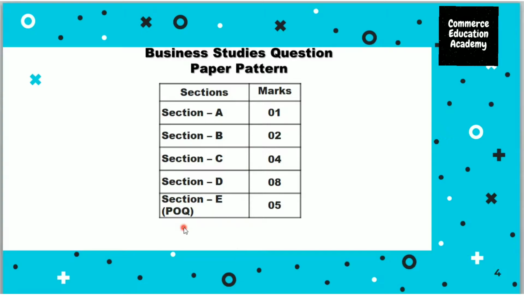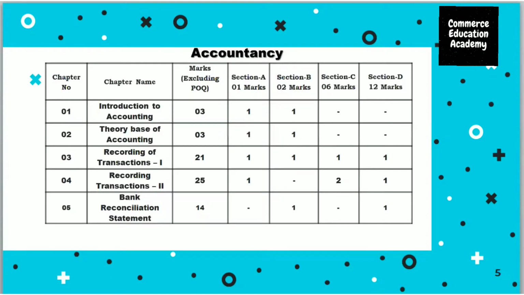Okay, now after understanding the question paper pattern, let's understand the blueprint of the individual subject. Here you can see there's a table. Let me explain the table first. In accountancy, you have 13 modules in total. In this column, I'm mentioning the chapter number. This is your chapter names. And this is the marks allotment for each chapter. And these are the sections: Section A, Section B, Section C, and Section D. I've already mentioned very clearly that Section A carries 1 mark, Section B carries 2 marks questions, Section C carries 6 marks questions, Section D carries 12 marks questions. I hope I'm clear till here.